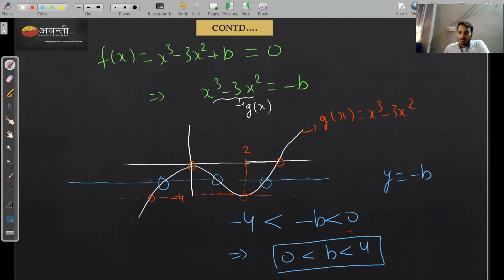So now which value b cannot take? Now you can see, right? B cannot be equal to 5, so whichever option it is, you can check. Is this clear? So that's why there is no other way to get the range of b. The information is given that it has 3 distinct roots. So we find that equation and then we equate g of x equal to minus b, right? This is clear, right? Okay, so now the next question.